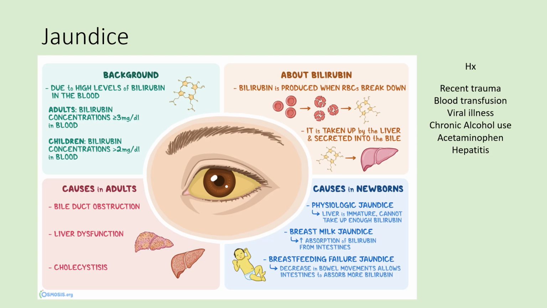All right, let's get started in the liver and talk about jaundice. Some background. It's due to high levels of bilirubin. Bilirubin is produced when the RBCs break down and get filtered through the liver, and it's secreted into the bile. Causes for adults are bile duct obstruction, liver dysfunction, and cholecystitis. In newborns, babies just need some sunlight to get rid of that bilirubin and turn that skin